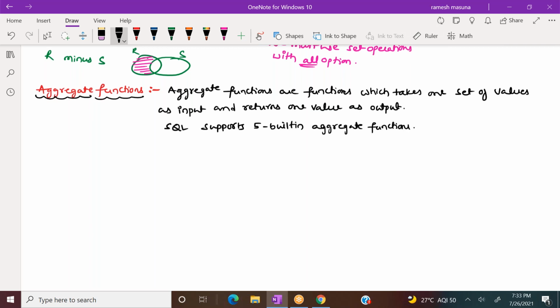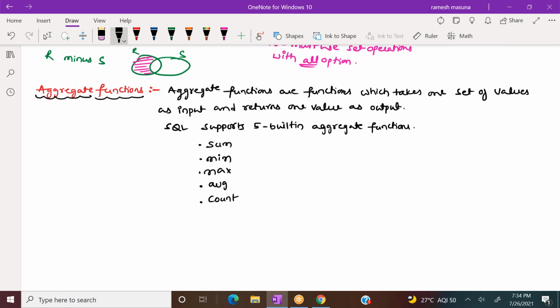The 5 built-in aggregate functions are called sum, minimum, maximum, average, and count.